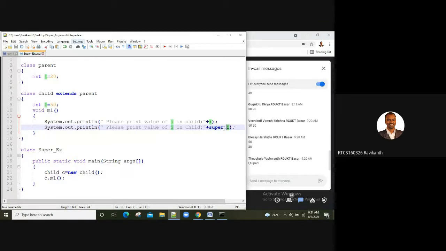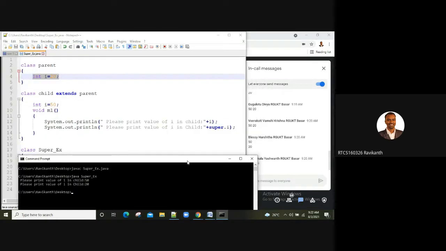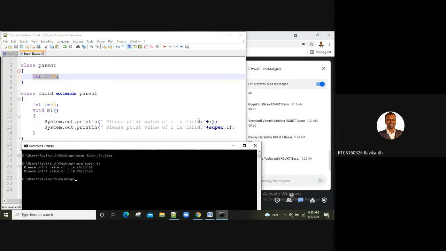When I say super, it is referring to the immediate parent class. We have here parent, and in this parent, I have already declared I value 20. So it is referring to this parent class I variable, right? When I compile this code, for the first statement, obviously I'm getting I value as 50.